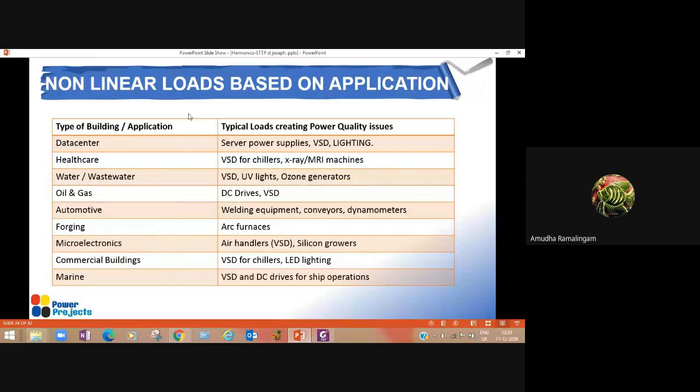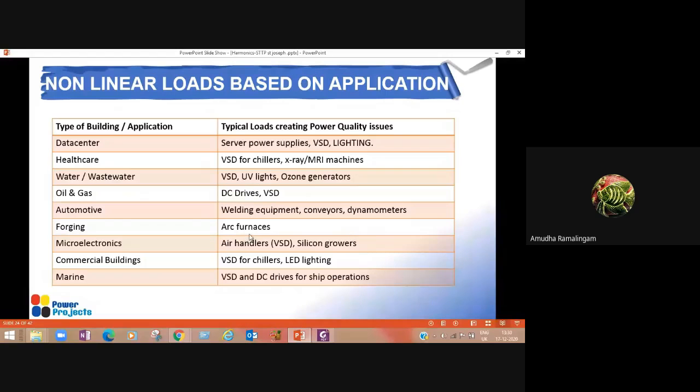So I have categorized some of the non-linear loads based on the application. For example, if you have a data center, you will have power supplies, that is UPS, VSD, that is variable speed drives, and lighting loads. If it is a hospital, we may have VFDs for chillers, and X-ray and MRI emissions. If it is a wastewater management industry, you may have VSDs again, ozone generators, and UV lights. If it is an oil and gas industry, you may have drives again. And if it is an automotive industry, you may have welding equipment, conveyors,